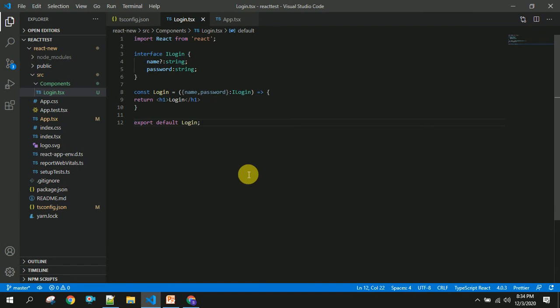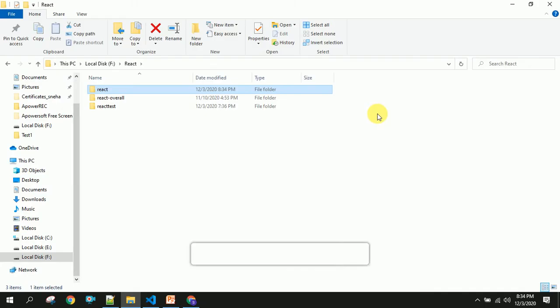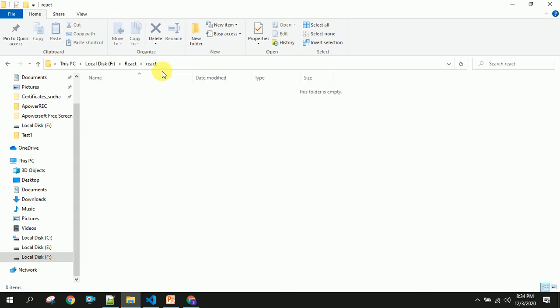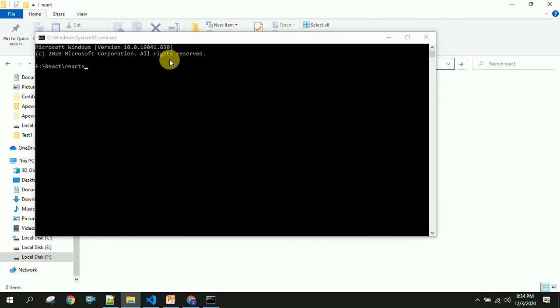Now we are going to see how to create this React application with TypeScript. For this I have created a folder called React, and in this folder I am going to the command prompt. In the command prompt I am going to execute npx create-react-app.